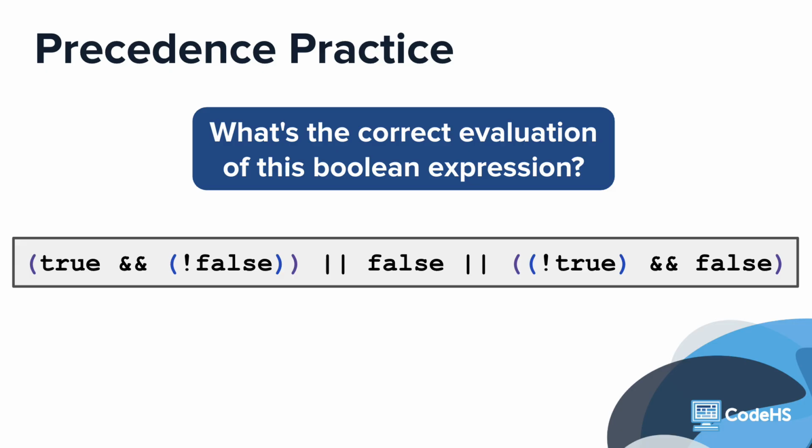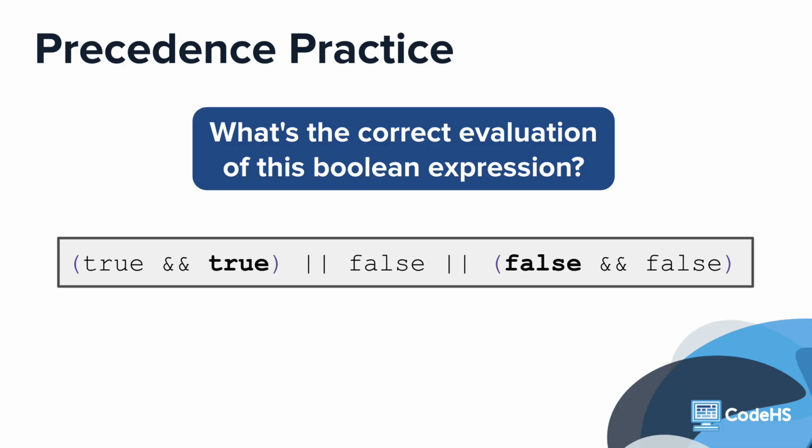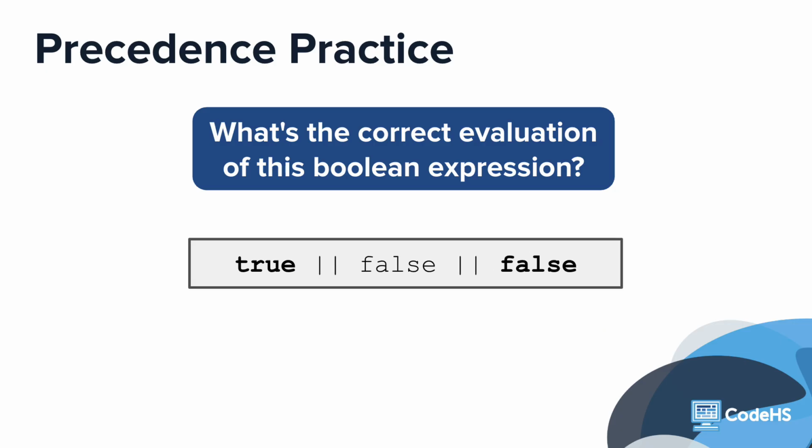Now we can start evaluating the expressions in order of precedence. Let's start with the not expressions. Not false is true, and not true is false. Let's replace those. Great, now let's evaluate the expression with and operators. True and true is true, and false is false. Let's replace them. Now there are just or operators. Because the first expression is true, you can use short circuit evaluation to determine that the entire expression will be